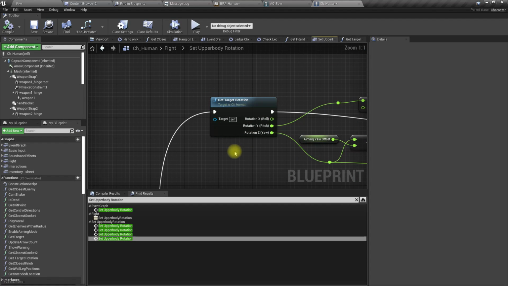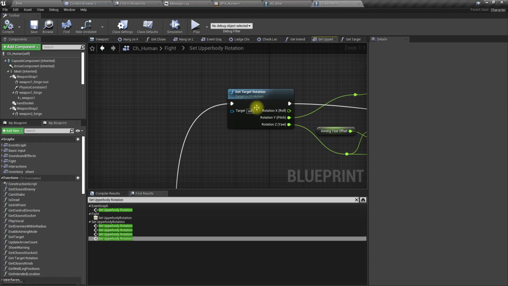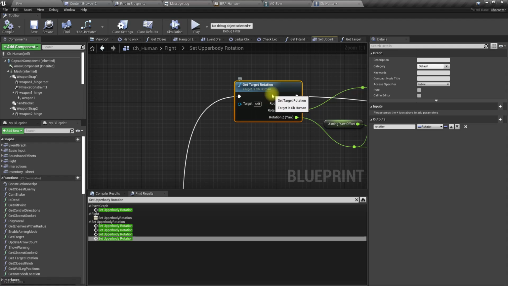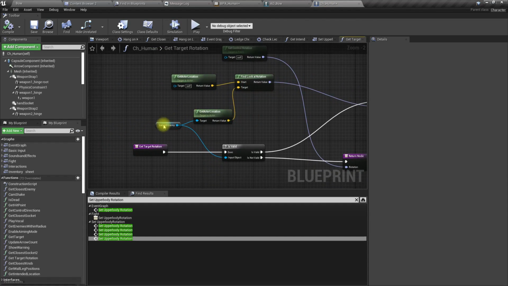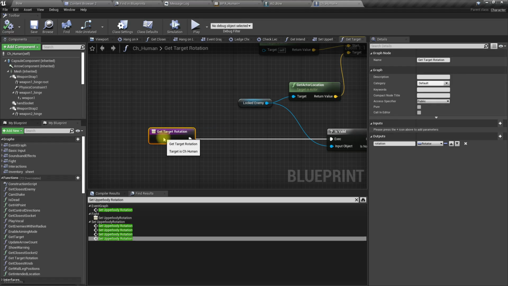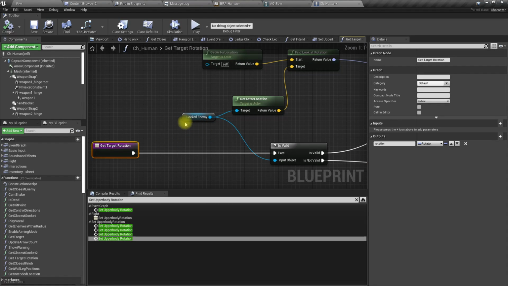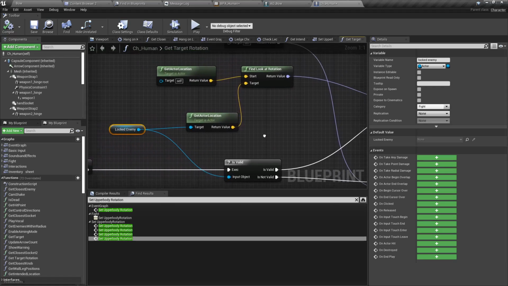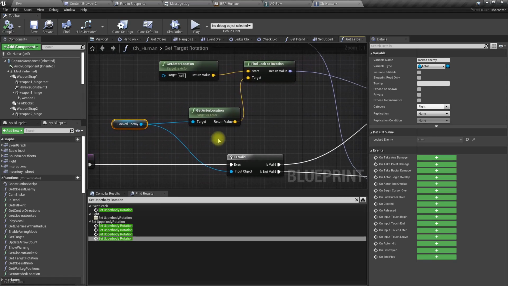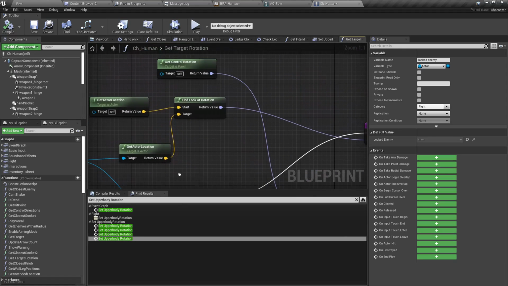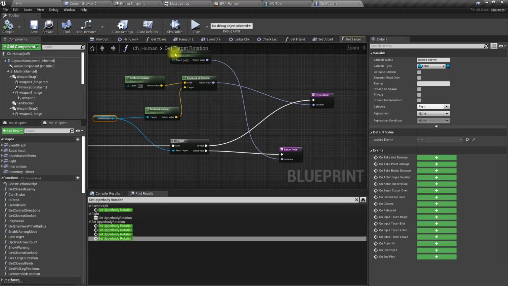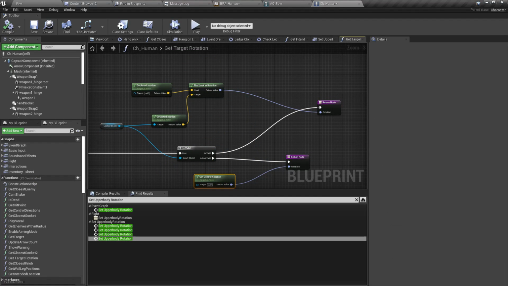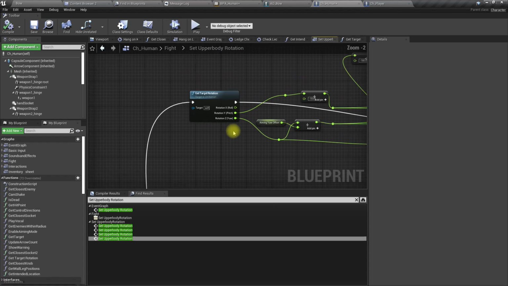So to get the target rotation, that means the direction we are aiming at, I have implemented this function. It has to work with AI characters as well, so it will simply return the direction to the locked enemy if there is one. Otherwise it will just return the control rotation. So that's what we receive here.